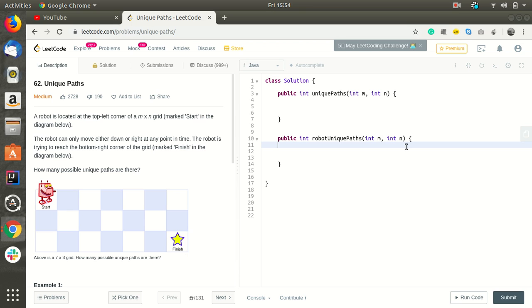So if m equals 0 or n equals 0, it means that either the row is 0 or the column is 0. If we can reach over here also, we can reach the start, so it's not an issue.